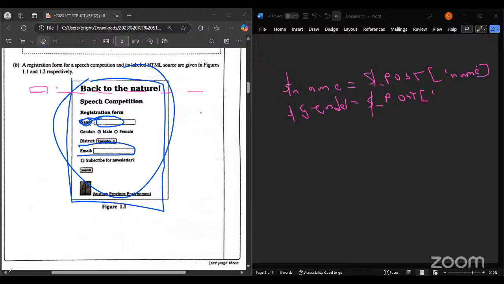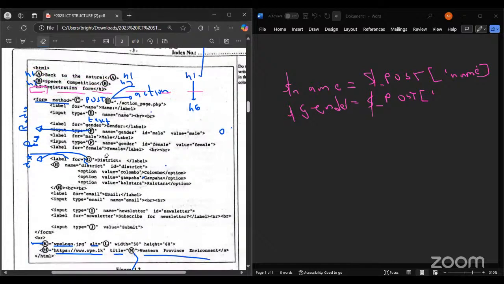So when I'm inserting male, what happens is, what will be triggered? Input type, yeah, like input type radio. This one will be triggered now. What I selected is what? Yeah, in gender I selected male. So then what happens is,